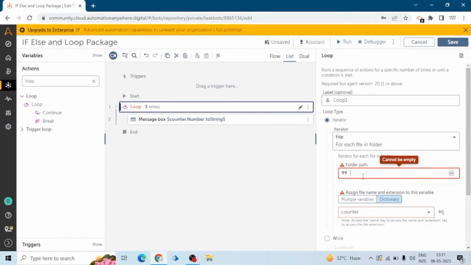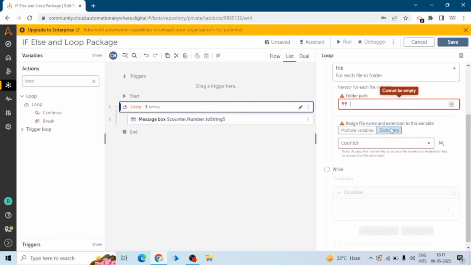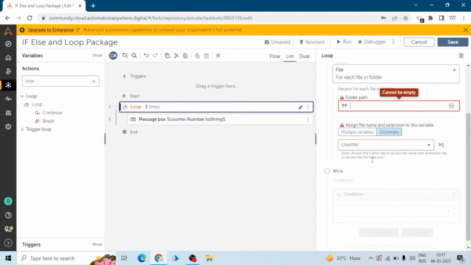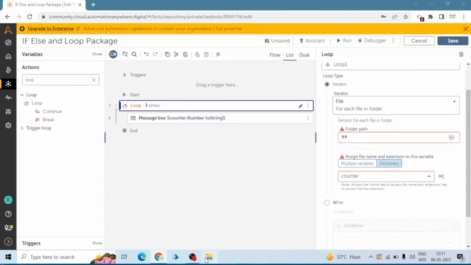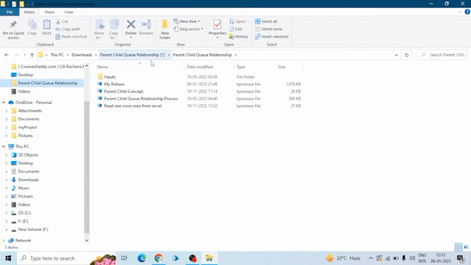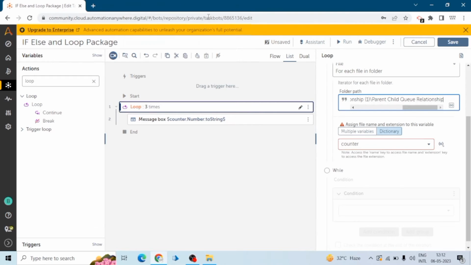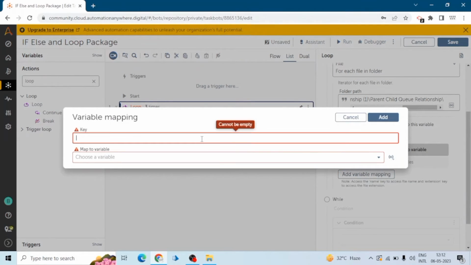And here we can save the file name and extension to the variable, so it will give us the name of the file. For example, if you want to check if in a particular folder these 10 files are available or not, you can use this loop. Means if you want to check if all the 4 files are available in this folder, you will use this loop condition, and you will give the path of the folder. I have copied the path and I will give the folder path here. So we will save the name of the file. Let me create a variable, and key will be name and file name, and choose,